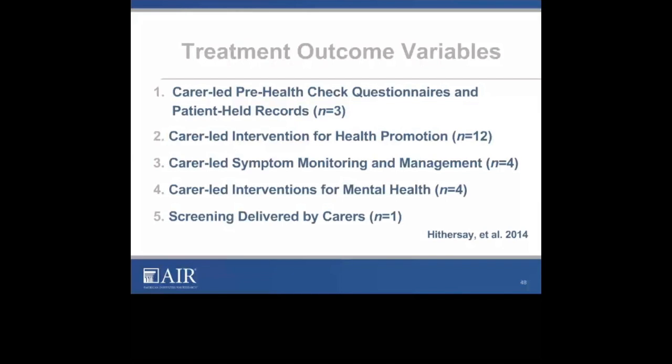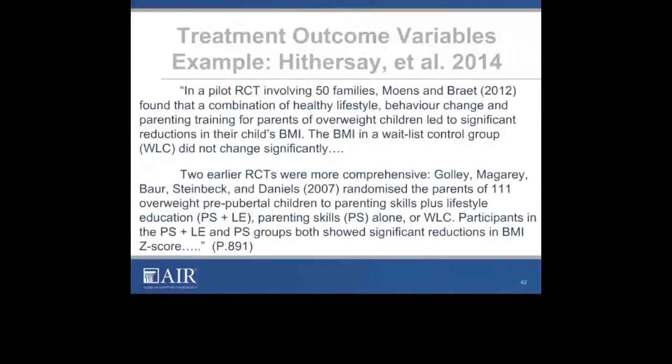These are the outcomes that they identified as part of the procedure, the purpose of the study, and the numbers of studies that they identified that fell into these categories, if you please. So this is that treatment outcome variable. Here's what the summary looked like for these studies, number of them. Let's let you take a look at that for a second.